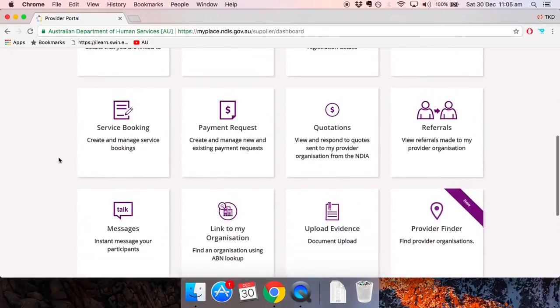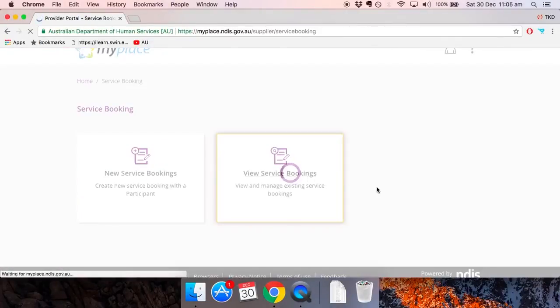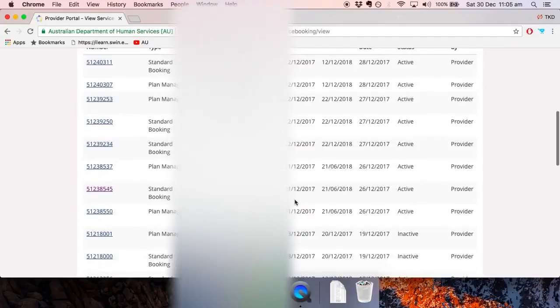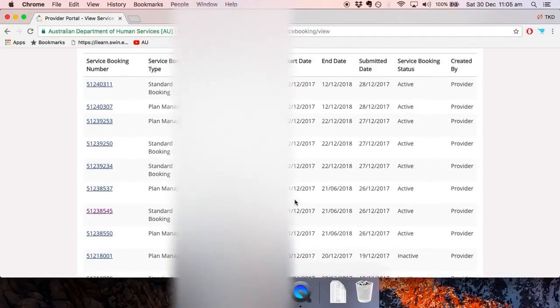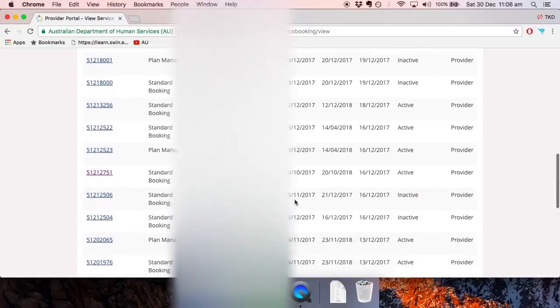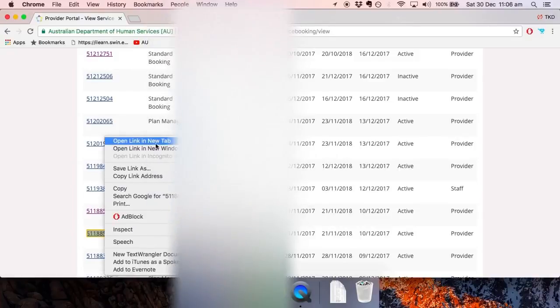To end a service booking, you click Service Booking, and this time you click View Service Bookings. Within this tile, you'll be able to look at all the service bookings that you have made in the past. As you can see, it's quite a long list here, and you just need to scroll or find the service booking that you want to end. On the left hand side, you'll be able to open it up,